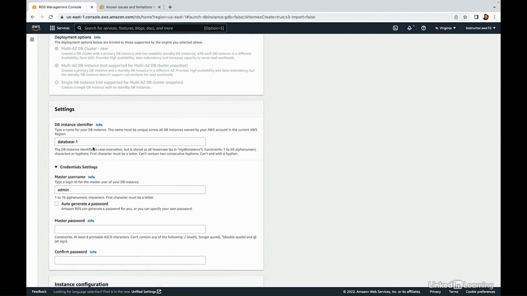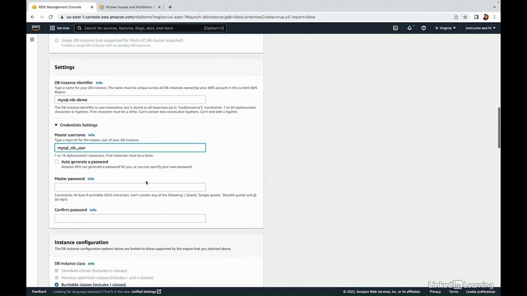For the database identifier, which will become part of the endpoint URL, we'll call this MySQL RDS demo. Now we need to create a login, and I'll call this MySQL_RDS_user. You can have it auto-generate a password, or you can type one in that you have to confirm here. Whatever you do, just make sure that you have the password and can use it in future steps of this video. So I'm going to type one in here